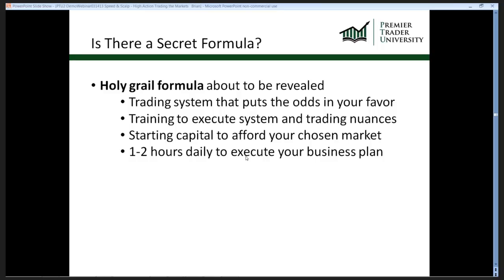If you're going to be an active day trader, like we're going to show you in a moment, we're going to show you some active day trades, you need to be able to commit 1 to 2 hours a day. Now, there's some different zones you can start in. It may not be what I do. It might be during the Eurozone. It might be during the Asian session. It might be, at 8 o'clock in the morning, a U.S. session. But you have to commit 1 to 2 hours a day.